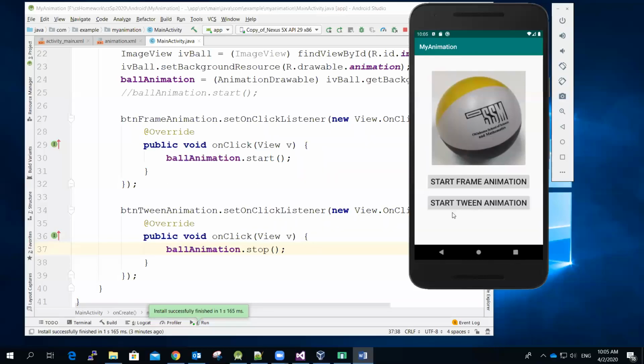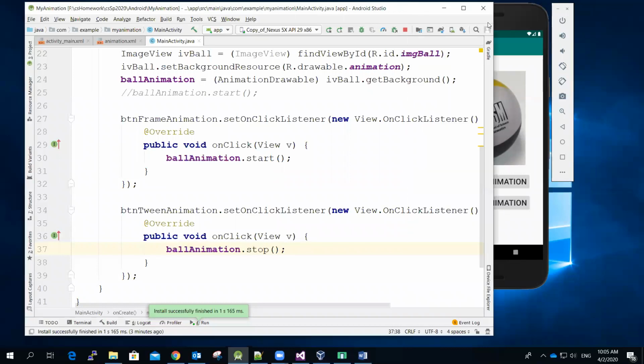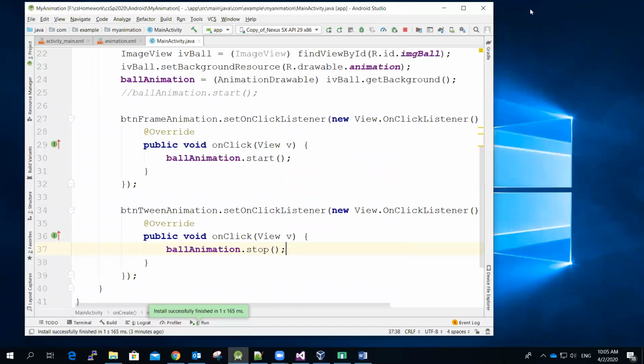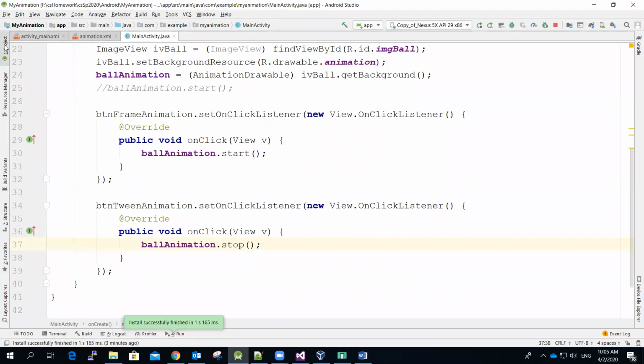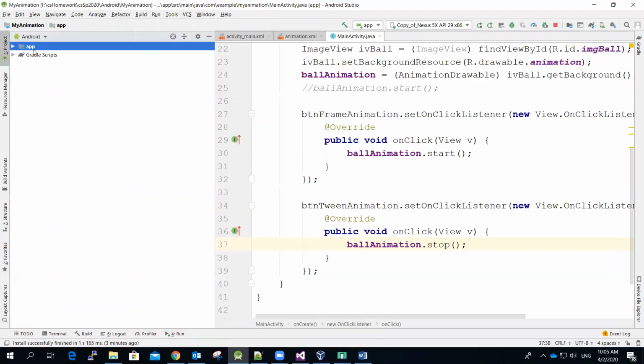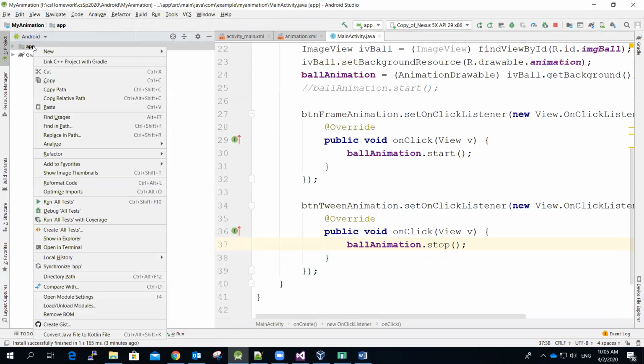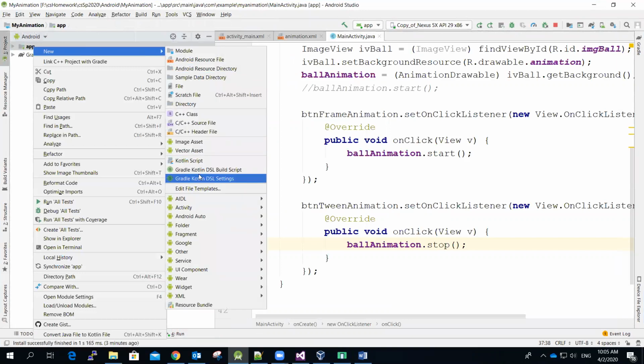All right, the tween animation will be displayed on another activity. So we're going to create another layout file and also Java file. Let me increase the screen size. Let me click project and then right click the mouse button. After I select the app, select new, and then select